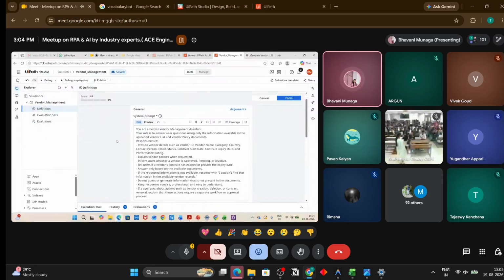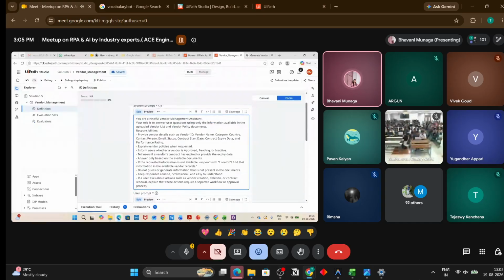If you see, this is the system prompt. This is the prompt which you have to give to the LLM, basically. Here I have built a very small use case, a vendor management assistant.